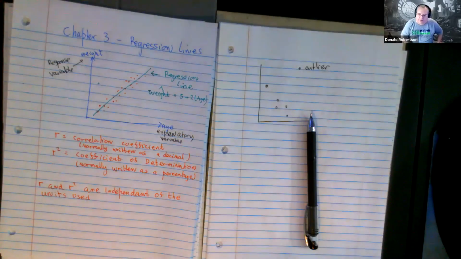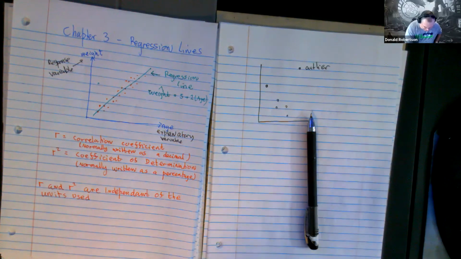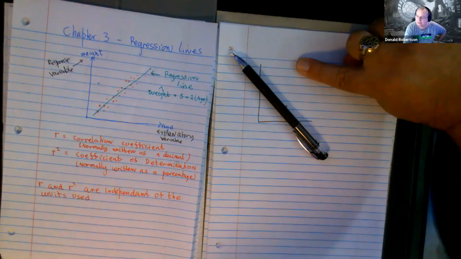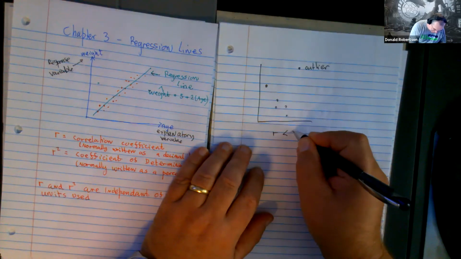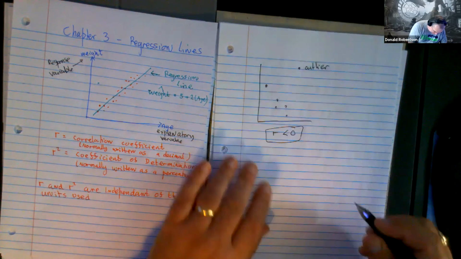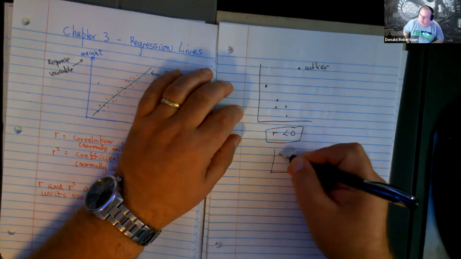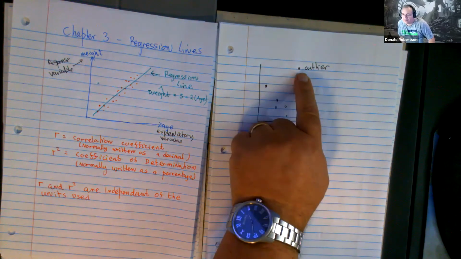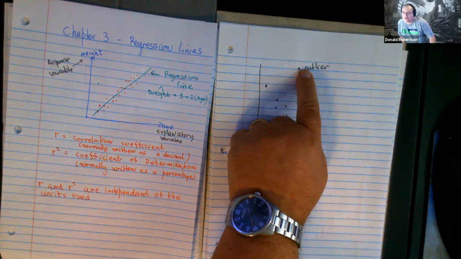This is something we've not talked about, so you might find it a little bit hard to accept. If that outlier was missing, would you agree that the data is negative and it's sloping down that way? Right. So the correlation coefficient, if you didn't have the outlier, would be some negative number. And a negative number means that the data is pointing that way, as you'd expect. Now, if you include that outlier, especially if you've got an outlier and there's not a lot